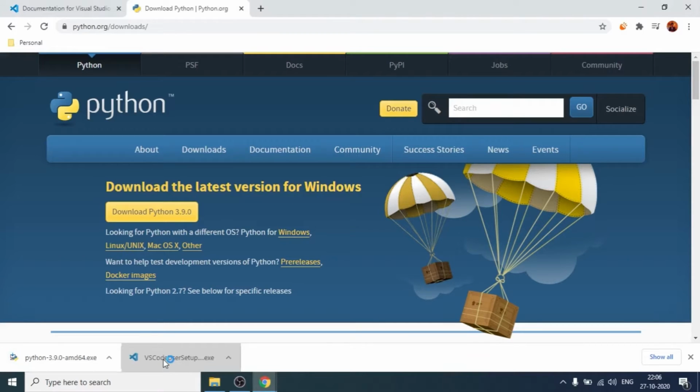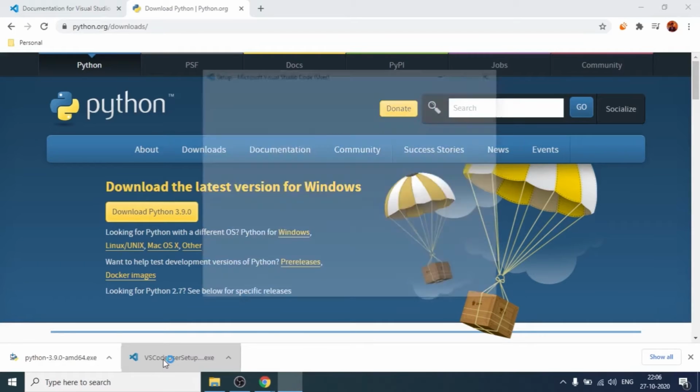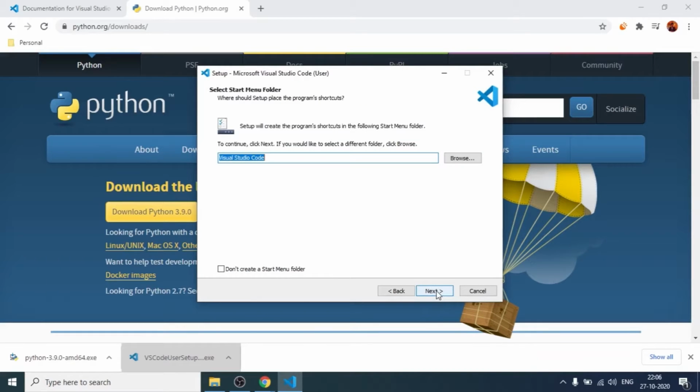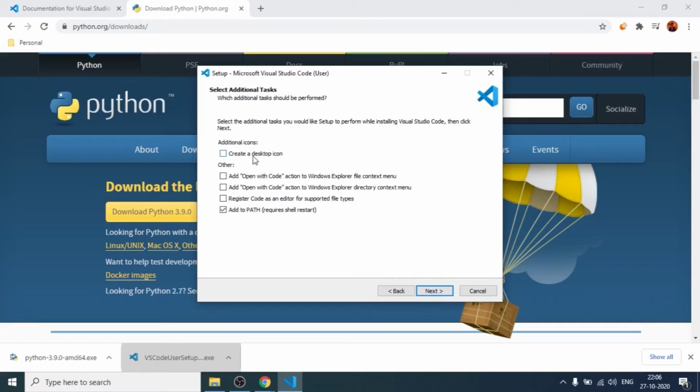So we'll click on the executable and it's loading. So we'll accept the agreement, click on next. Make sure you check all these in the other section. Checking these will add additional functionality to your VS Code editor.